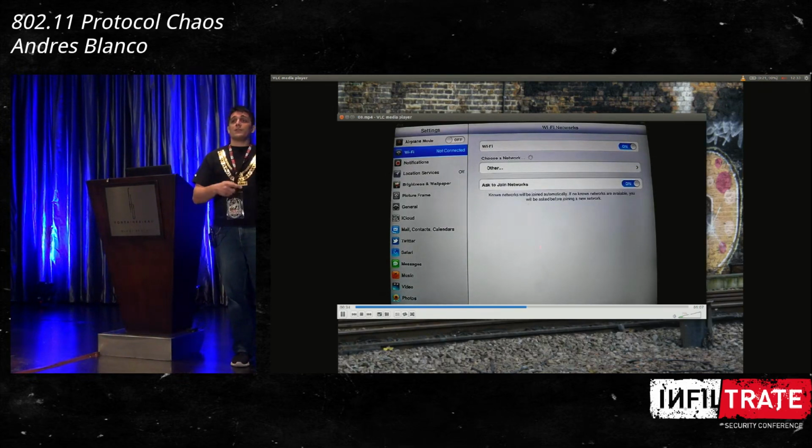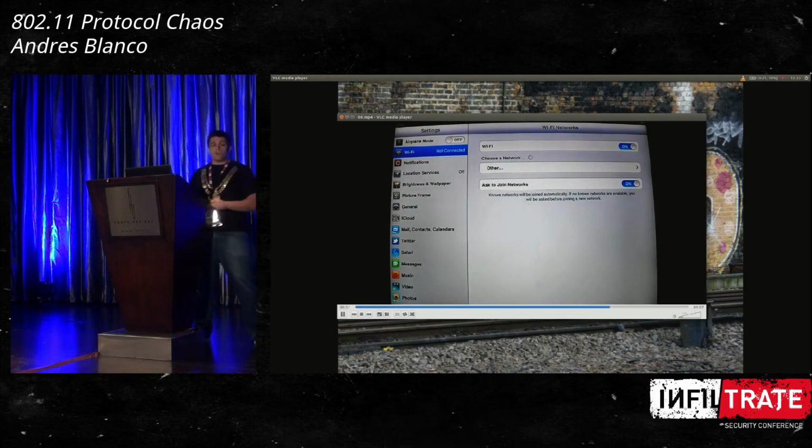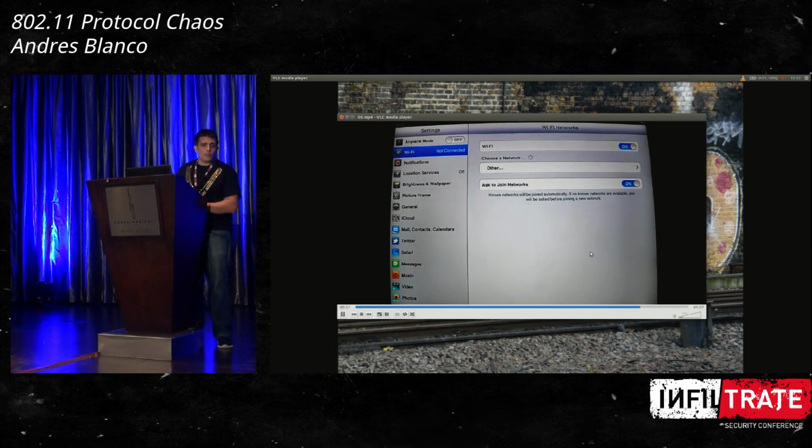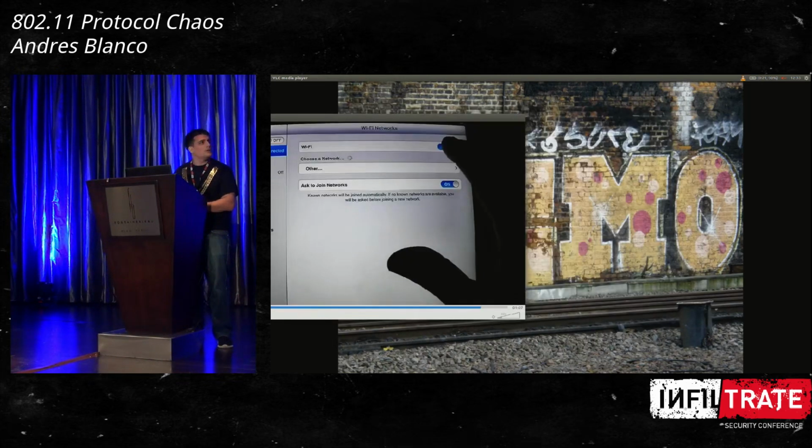The firmware is going to crash and restart all the time, and the kernel extension is unable to get any information from the firmware chipset. The OS is going to work completely well, nothing is going to happen, but the firmware is crashing all the time. This is not a really interesting bug because it's only a denial of service, but the thing here is, let me grab the window here.